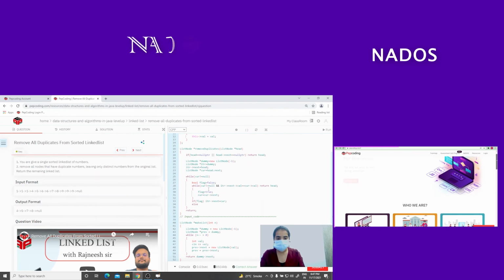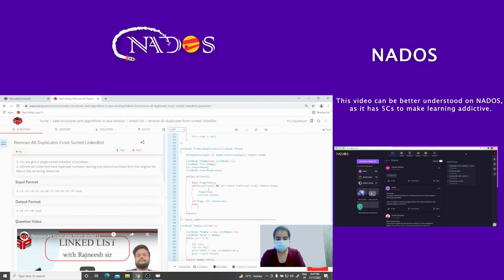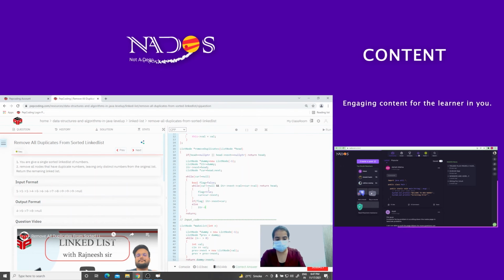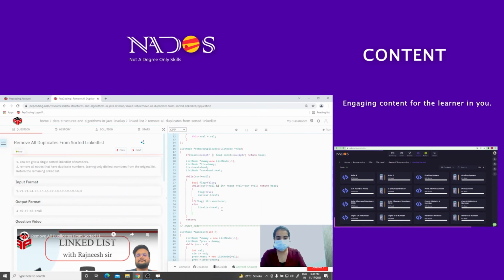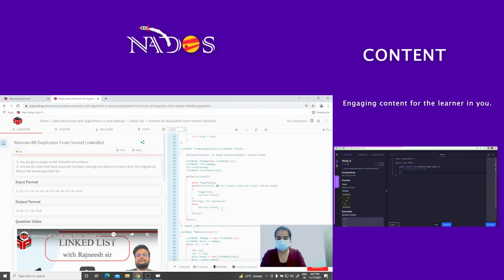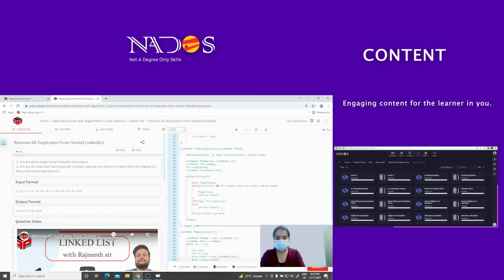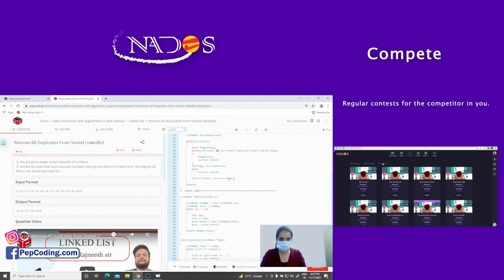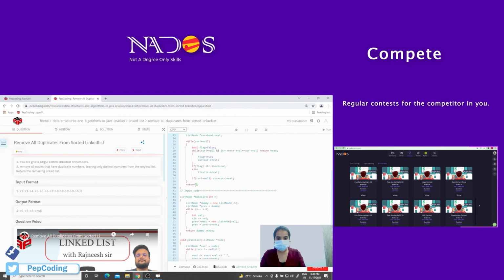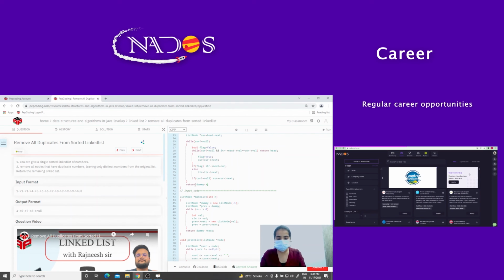Else, we store next of iterator in iterator, and at the end I have to update my current value. But before that I have to check the condition, right? Now at the end I have to return next of dummy, return all those nodes that contain